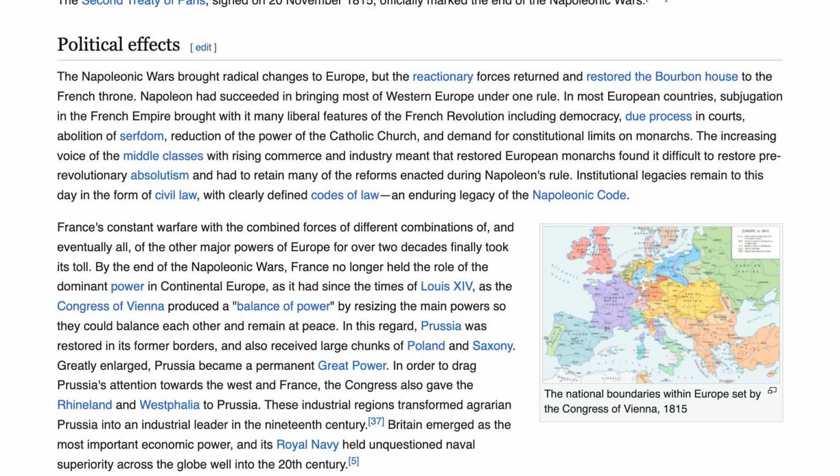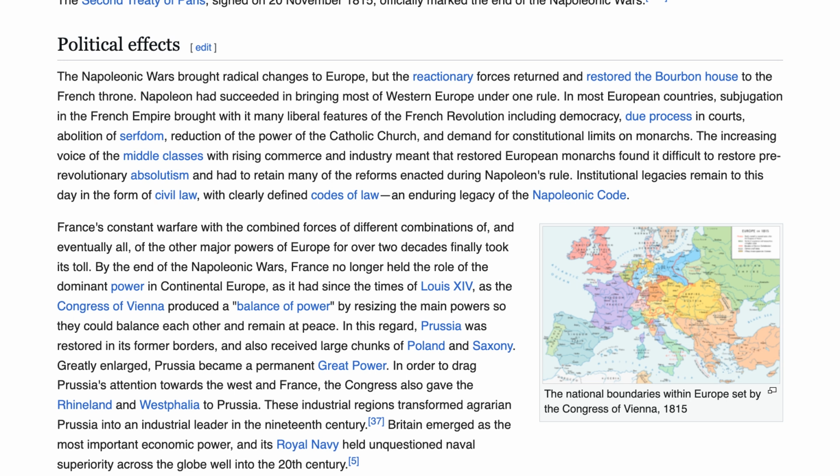The Bourbons returned to the throne of Naples on the 20th of May 1815. Murat tried to regain his throne, but after that failed, he was executed by firing squad on the 13th of October 1815. The Second Treaty of Paris, signed on the 20th of November 1815, officially marked the end of the